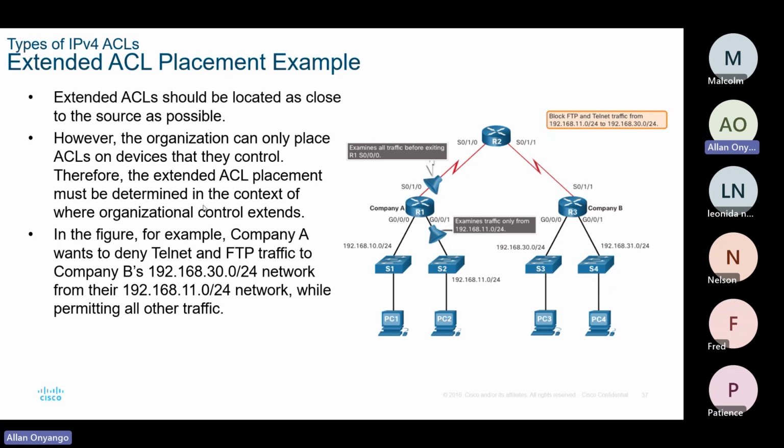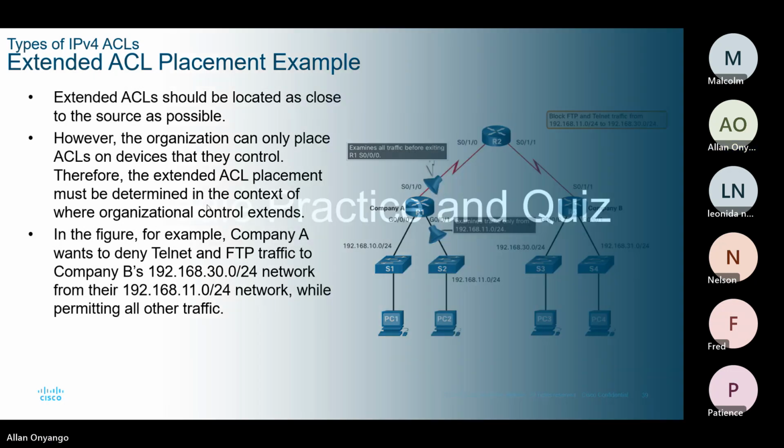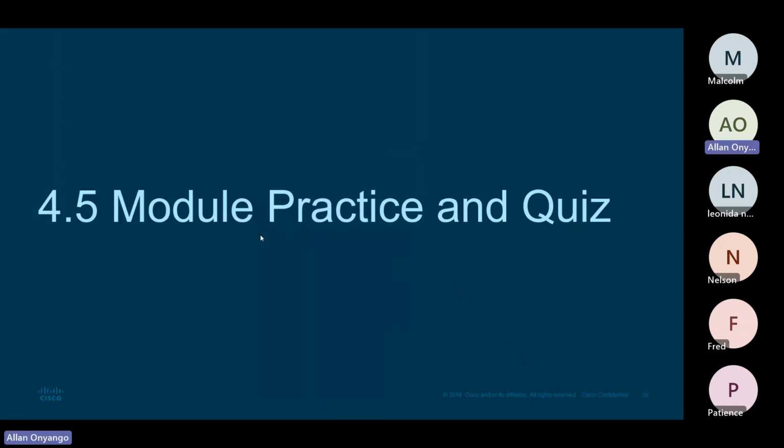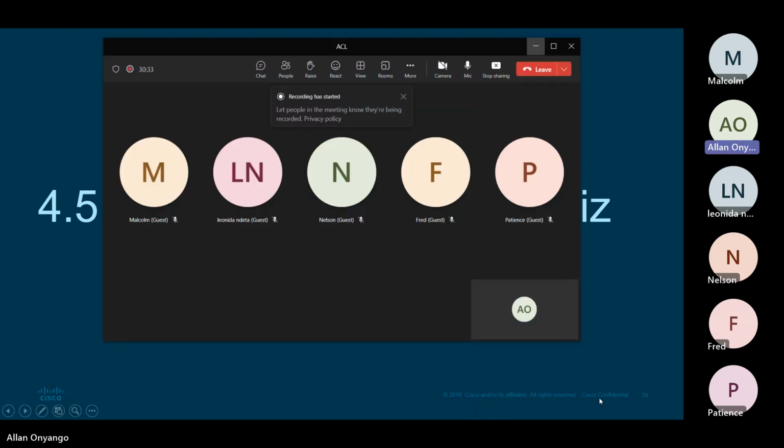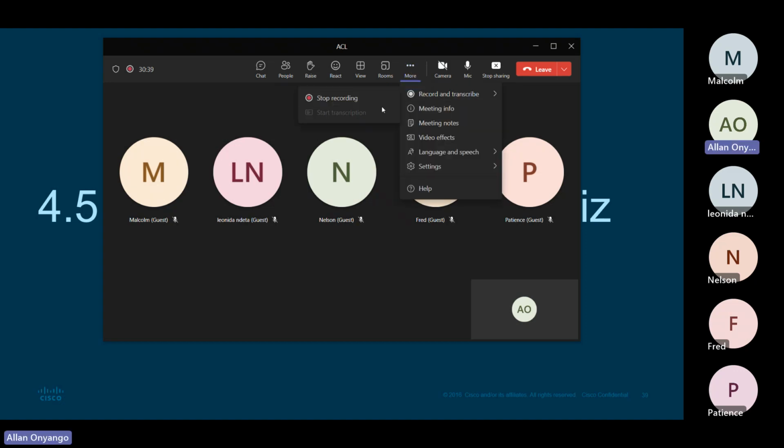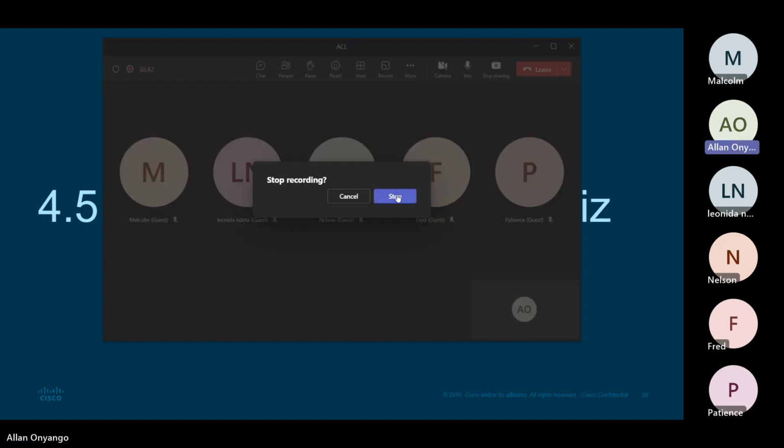Now, I want us to do one more thing. I actually want us to basically learn how to configure these ACLs, and for that matter, we are